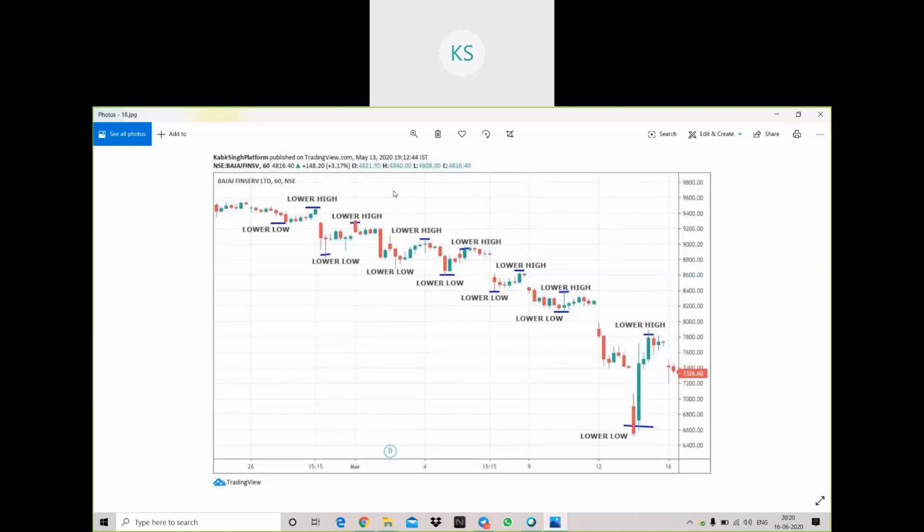When the stock is in a downward trend, you will get lower highs and lower lows. I have told you that if the stock is in a downward direction, it will form big candles in the trend phase. This is my trend phase here. Yes sir, exactly, this is very useful for positional purposes. For intraday also you can use it, but that will require good experience. I'll tell you how I use this for intraday, so that you will also get an idea and you can use this for your trading.